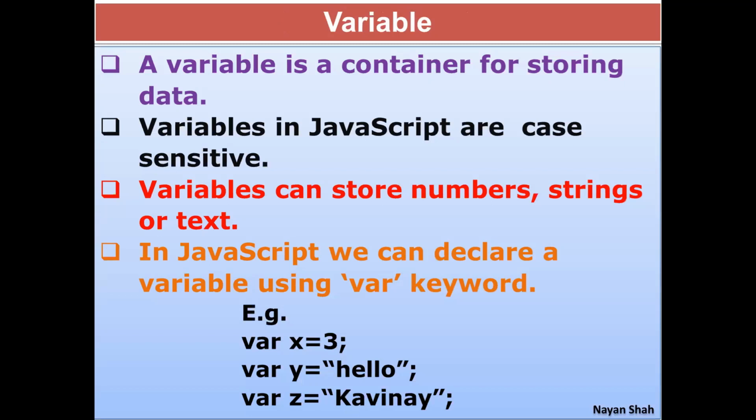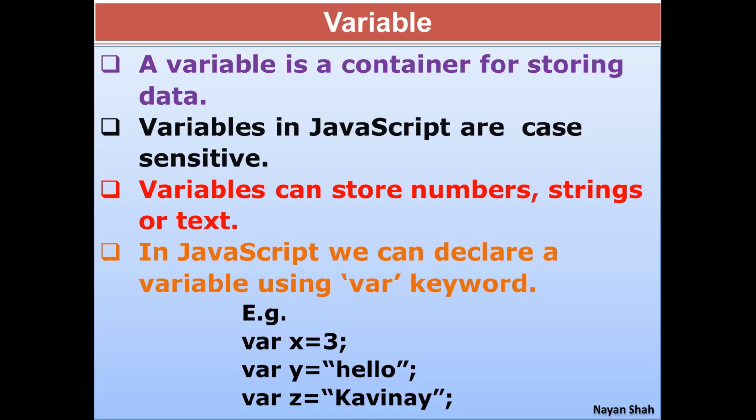Remember, today's lecture will be very helpful when we start the Java programming language, because the concept of programming remains the same throughout every programming language. So a variable is a container for storing data. When you want your program to remember something, we create a variable and we store data in that. As in maths, we say suppose x is equal to 10. So x is a variable and we are storing 10 in that variable.